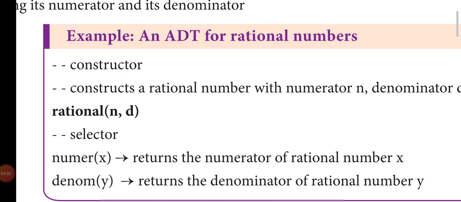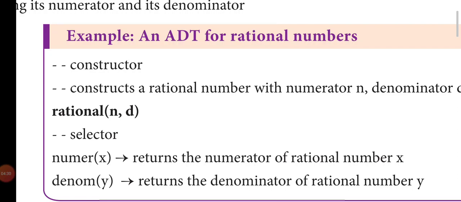If you want to get the numerator from the object, you are going to use the selector numer of x. When you use this function, it returns the numerator of the rational number, and denom of y returns the denominator of the rational number. So that is nothing but your n and d under your constructor.